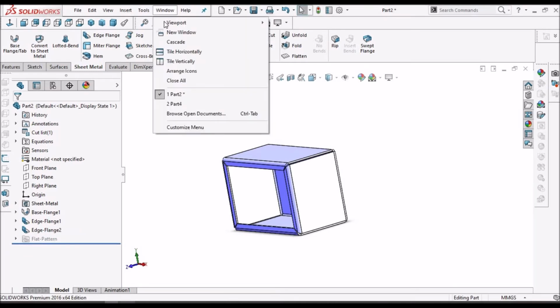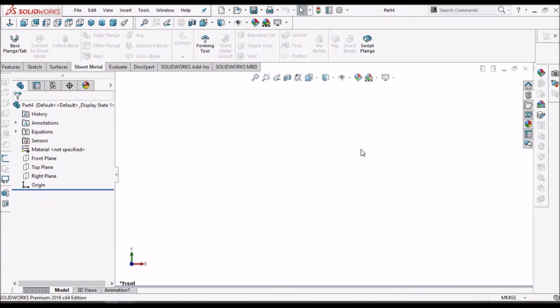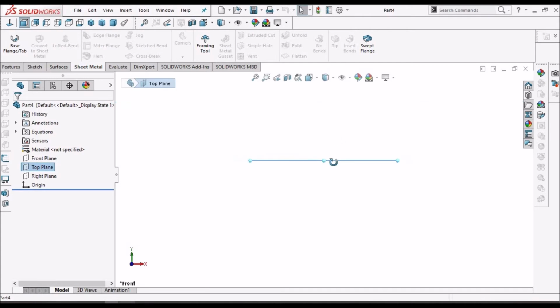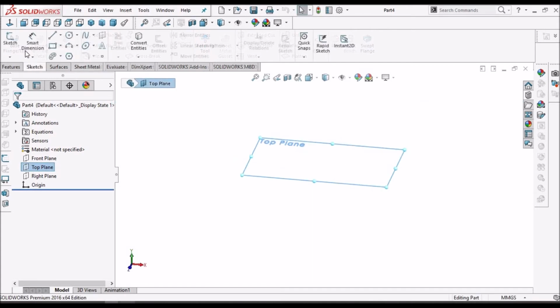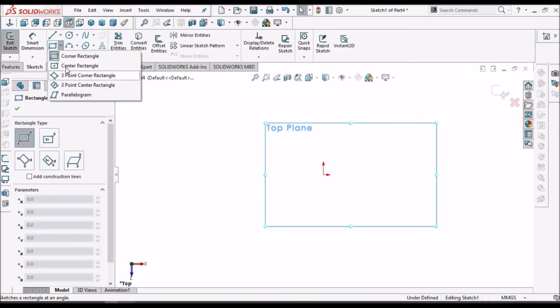So we have to take a new part file. So this is the part file I've taken. Select the top plane and make a simple rectangle.